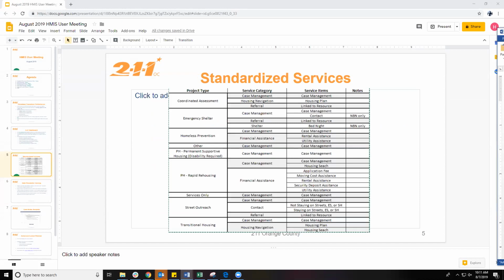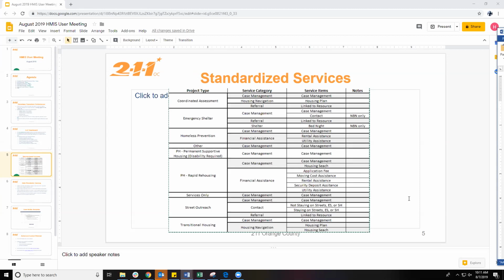So as I was saying, we are currently standardizing how we're setting up projects. And what we did is basically put together a template, what you're seeing right here, of various project types with suggested services and service items. We pulled a look from all of the project types in HMIS and went through them to select the most popular services and service items that fell under each project type.